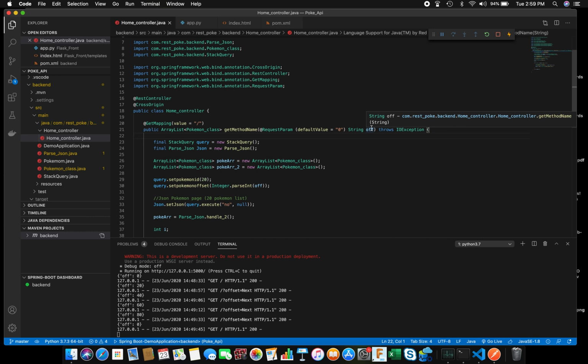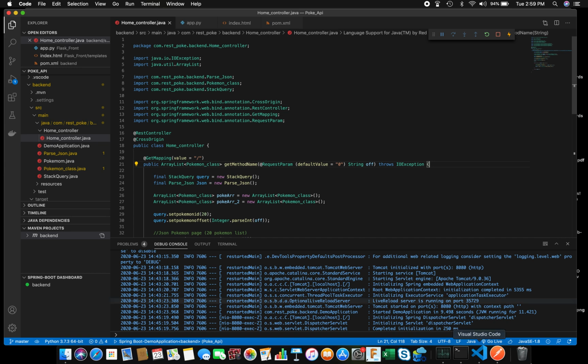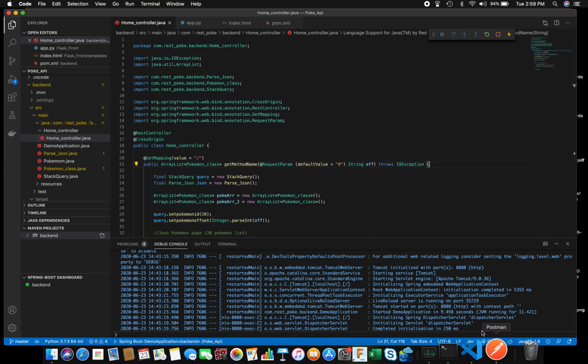If you want to get the other 20, from the 20th to the 40th, the offset has to be 20 in order to work. So that's how this REST API works. You can see the debug console here. This server is already launched and it's on my port 8080. So in order to know if this is working, we're going to use Postman